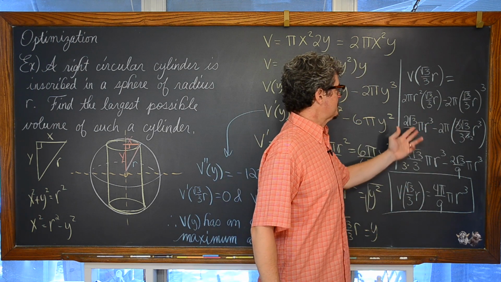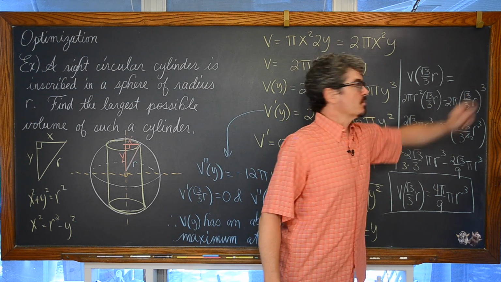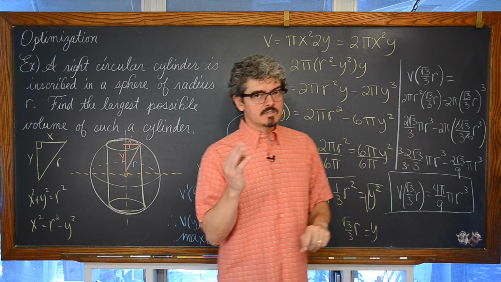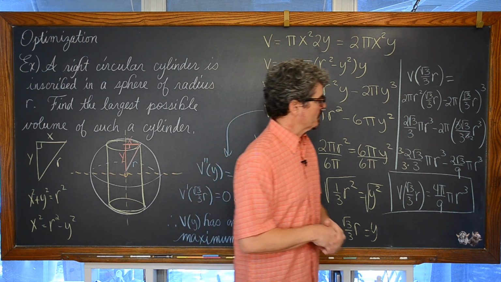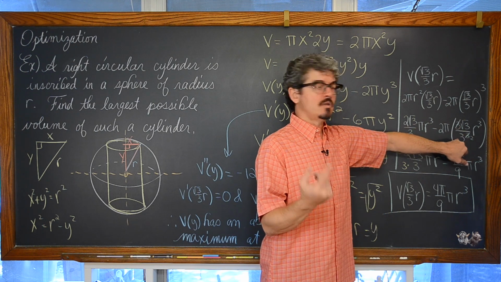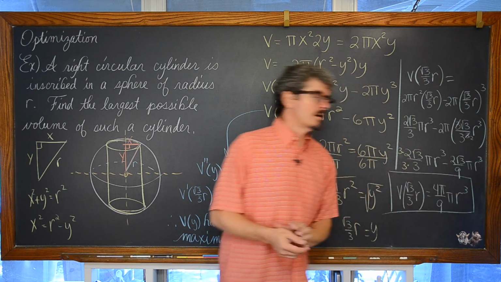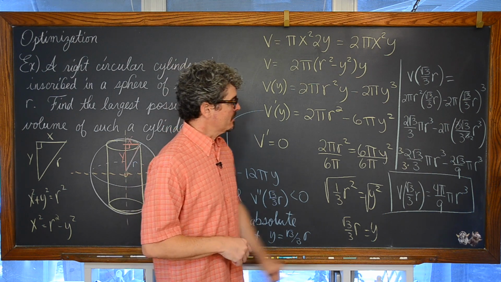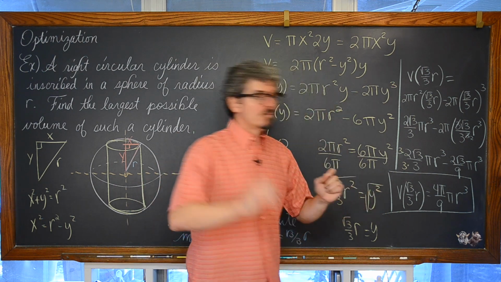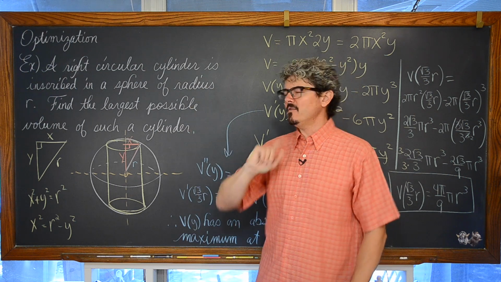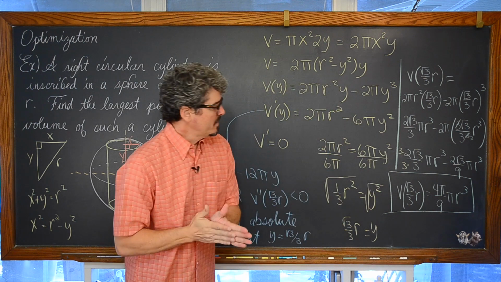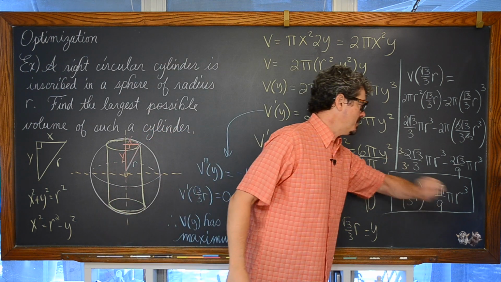Well, of course, we just have a little bit of multiplication here in the beginning. Square root of 3 cubed is going to be equal to square root of 3 times square root of 3 is 3, times that additional 1 left of a square root of 3. Our denominator has in it a 3 cubed, but of course 3 to the first divided by 3 cubed is 1 over 3 squared, giving us a denominator of 9. And finding a common denominator with our first fraction by multiplying the numerator and denominator by 3, we have a final answer, which is the maximum possible volume of such a cylinder inscribed inside of a sphere with radius r.